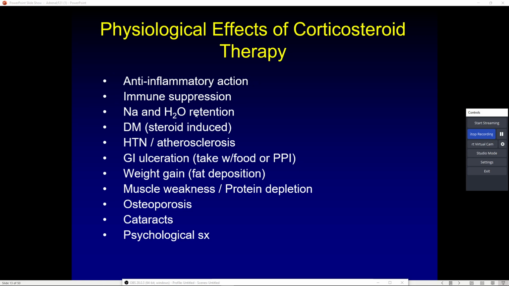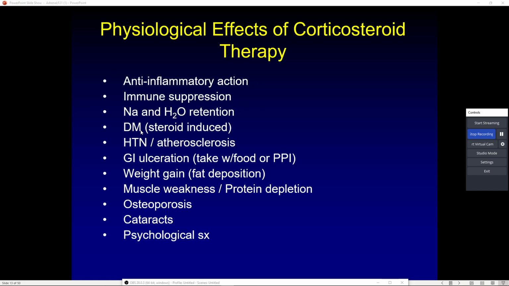Okay? Sodium and water retention. Diabetes mellitus can be steroid induced. You should put a star next to that one. You'll hear these people that have maybe existed in a state where they were borderline but didn't have any presentations consistent with type 2 diabetes. Okay, and all of a sudden they've been on steroids or they had to start taking steroids for a long period of time, typically 3 months or greater. And it's not uncommon to see. Sometimes they start with presentations of pre or early type 2 diabetes symptoms, and all of a sudden, before you know it, boom, they're type 2 diabetics.